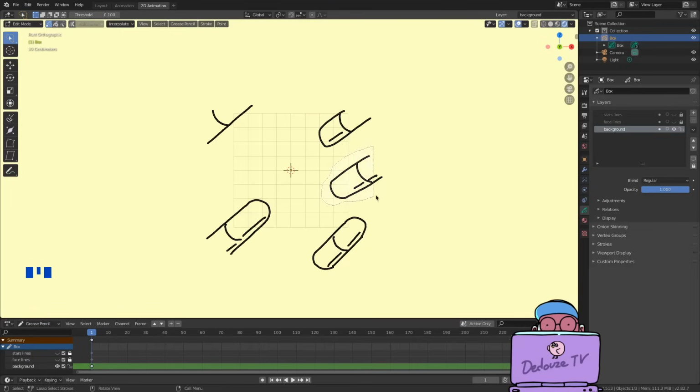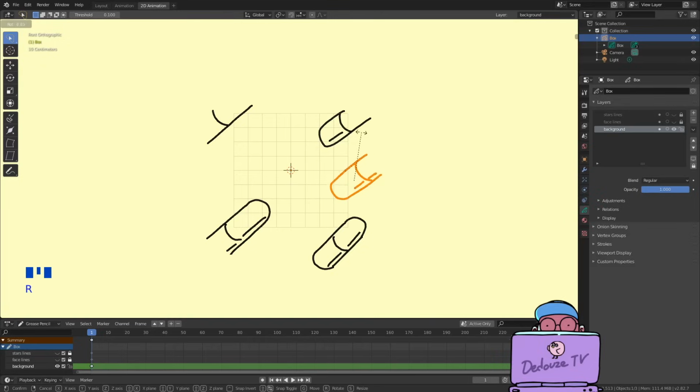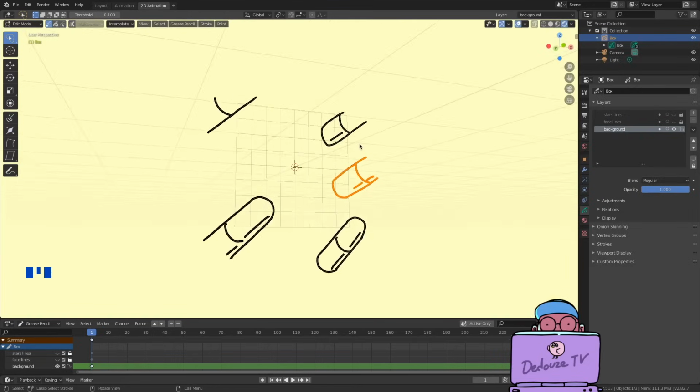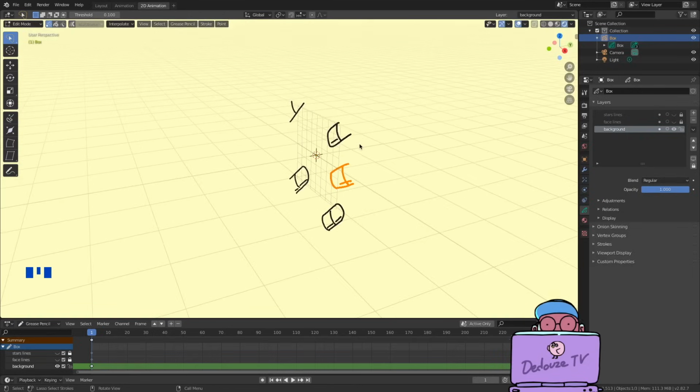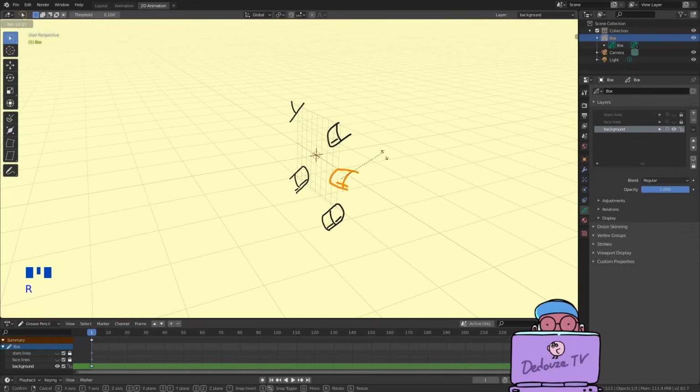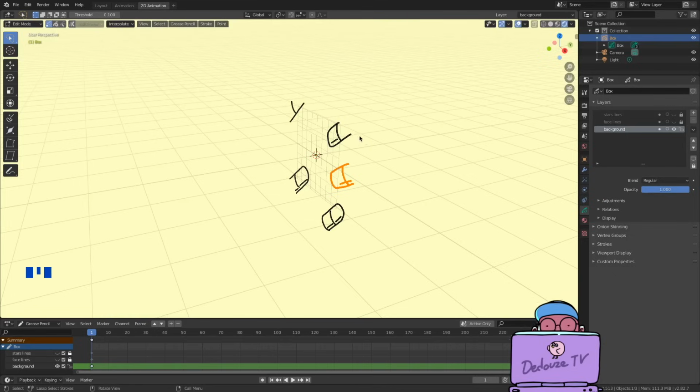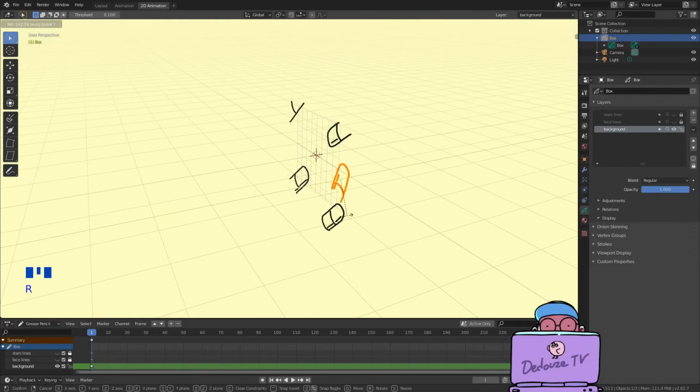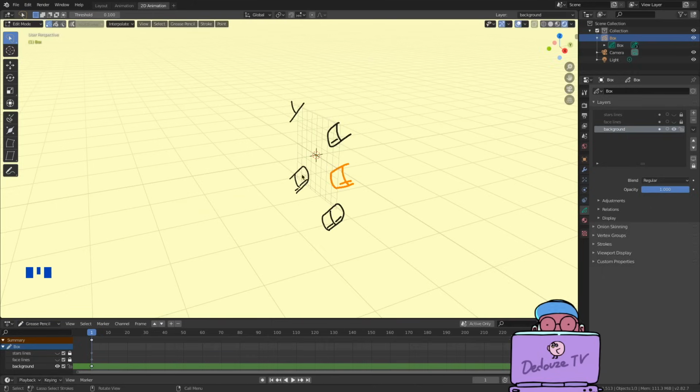I click on the selection tool, and in the next panel I pick the lasso mode. So now I can drag to select around the peel and I press R for rotation. I can rotate the object, and the rotation is clear from here because we're on an orthographic view. If you do this while you're in perspective view, the rotation will happen in the axis of your current view and it can be hard to be sure what you're doing.